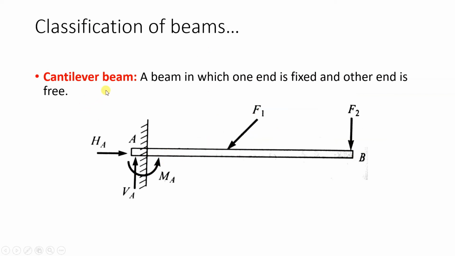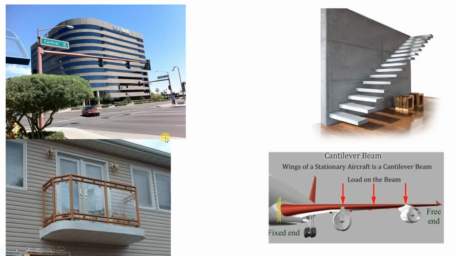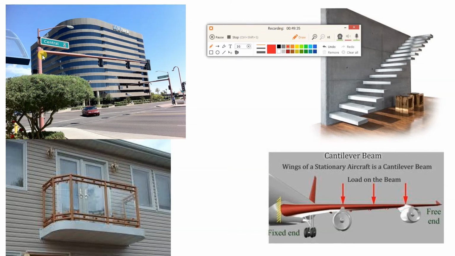Okay, so what do you mean by cantilever beam? One end is fixed and the other end is free. So we will see some real life examples of cantilever beam. See the first example of cantilever beam. Here you can see a pole is there, and this is a horizontal rod, and here you can see traffic signals are attached. Three signals are there, for example. So one end is fixed, here it is fixed, and the other end, if you see, is free, and we have load on this beam. So this will be which type of case?